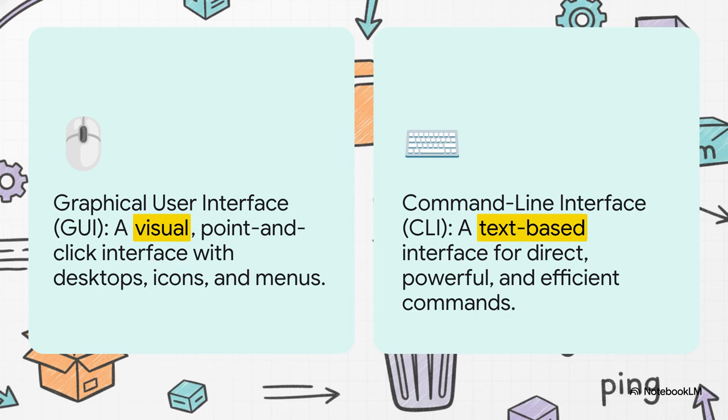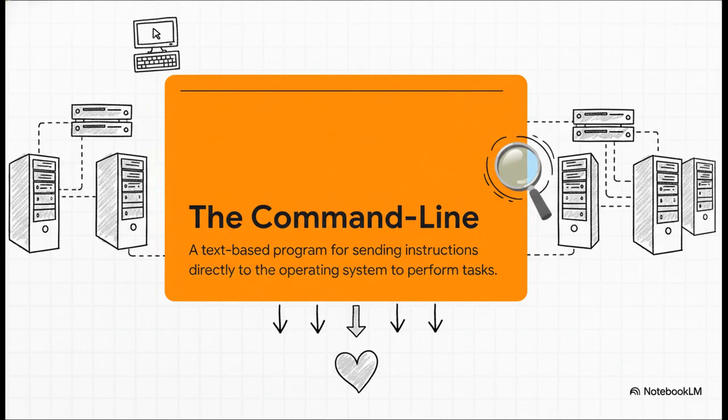But there's another way, a more direct way, the command line interface, or CLI. This is where you actually talk to the computer with text. It's less about pointing and more about telling. And in the world of Linux, this is where the real power is. The command line is your direct hotline to the operating system's brain. It just strips away all the shiny graphics and lets you give precise, powerful instructions. This is exactly how the pros, the system admins, the developers, the scientists, manage all those millions of servers and supercomputers we were just talking about.